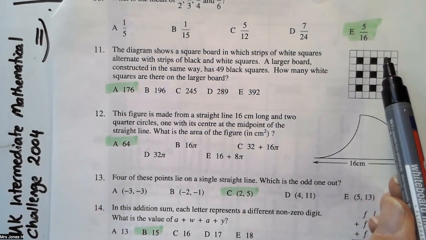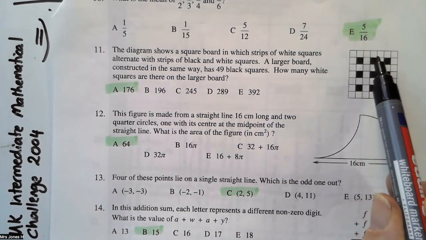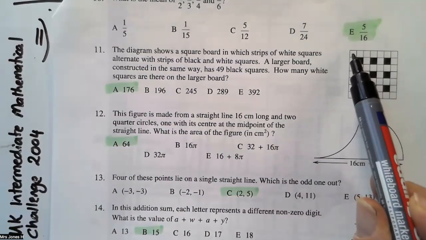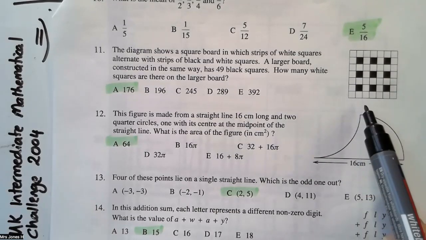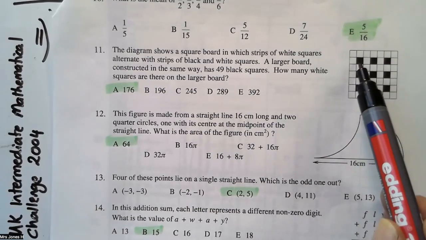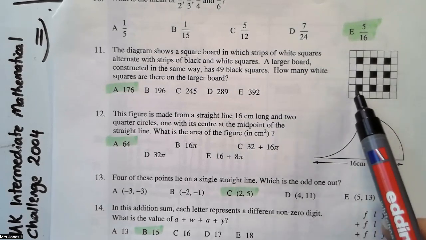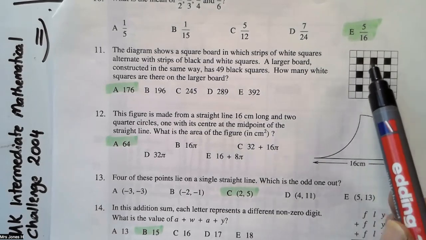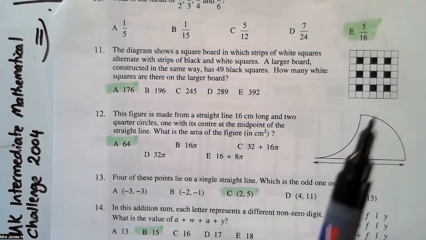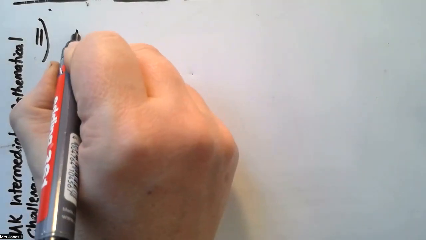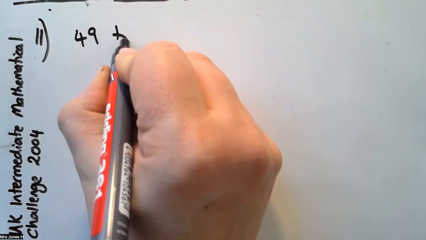So we can see here that we've got 1, 2, 3, 4, 5, 6, 7. This is 7 by 7. And this has a 3 by 3 grid in the middle in terms of these black squares. So we're all about square numbers here. If we had 49 black squares,